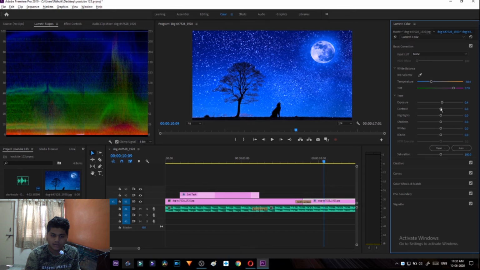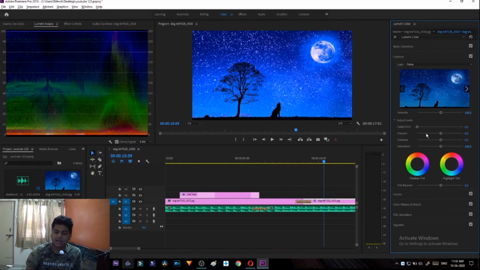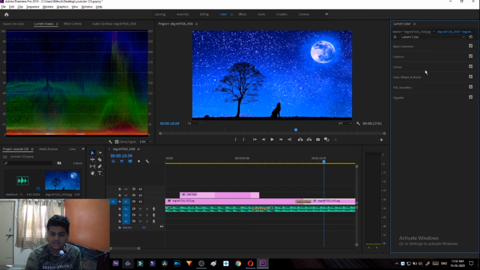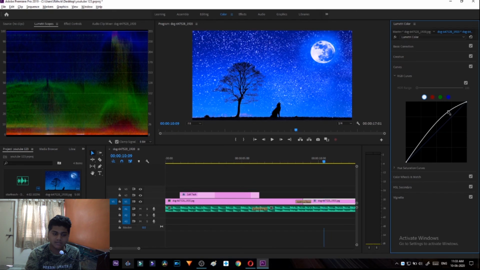Okay, this is the basic correction and this is the creative where you can adjust the sharpness, vibrance, saturation, and you can add LUTs here. And this is the curves. If you are a professional color grader, these curves play a very important role, because the top of this reveals the white.